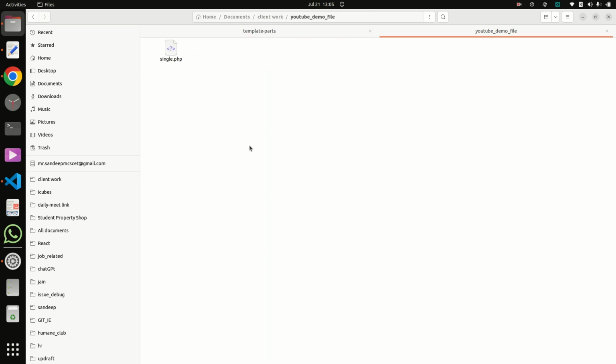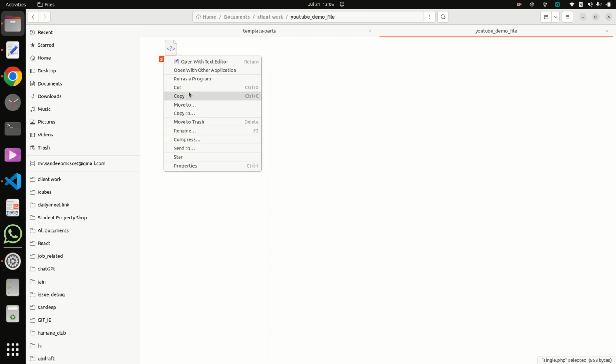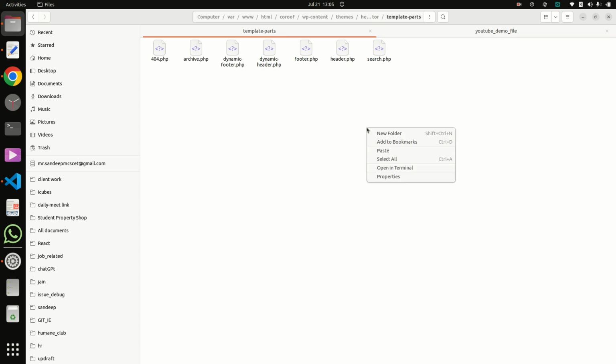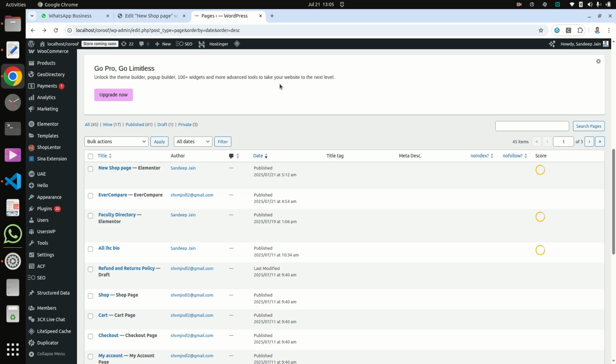Now I am putting this single.php inside template parts, basically for demonstration purposes. I also fixed this issue in many other themes, not in Elementor, because Hello Elementor is a simple theme for Elementor, so it already fixed that issue.